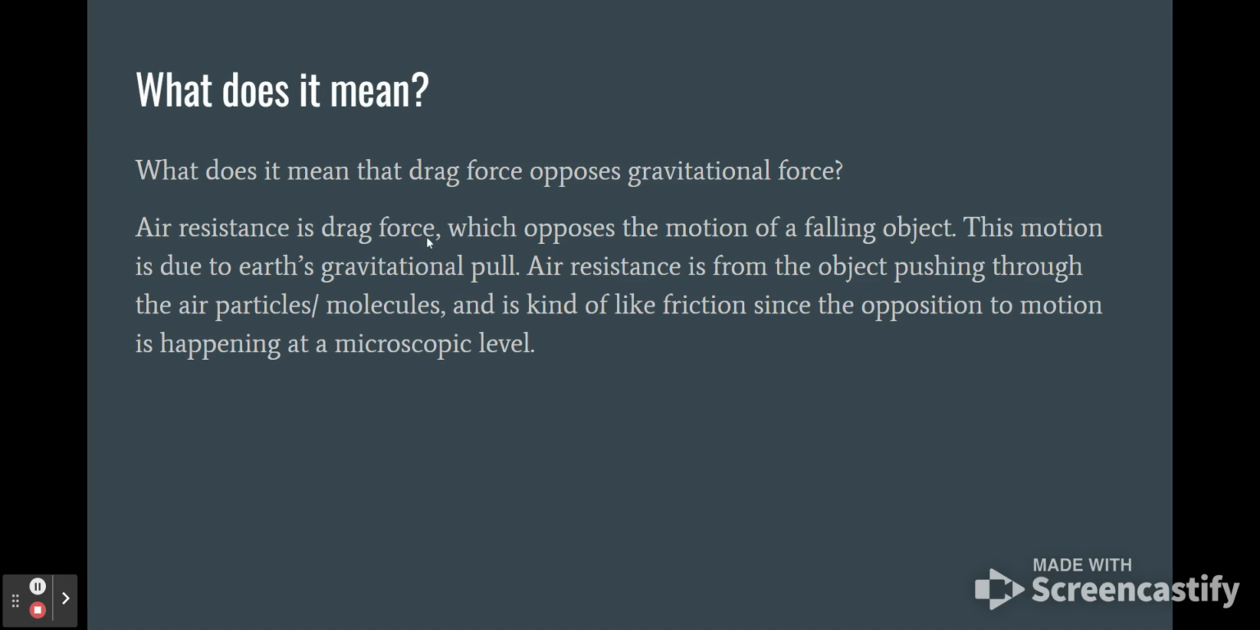And what does this mean? What does it mean that drag force opposes gravitational force? Air resistance is drag force, which opposes the motion of a falling object. This motion is due to the Earth's gravitational pull. Air resistance is from the object pushing through the air particles and molecules and is kind of like a